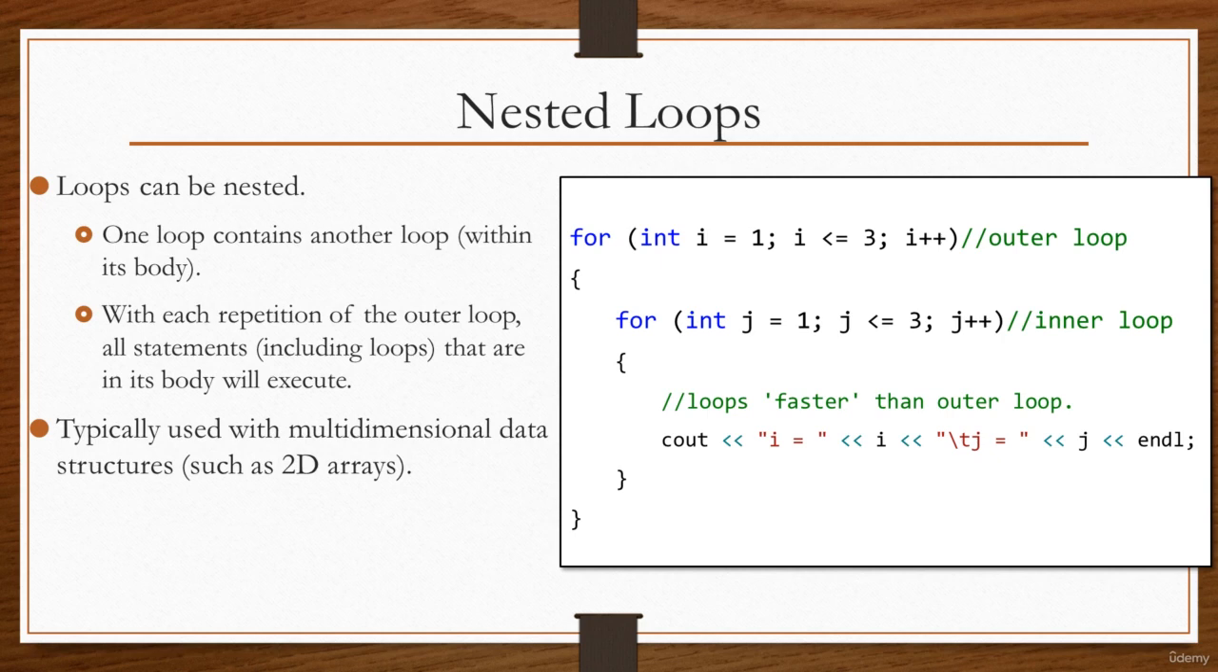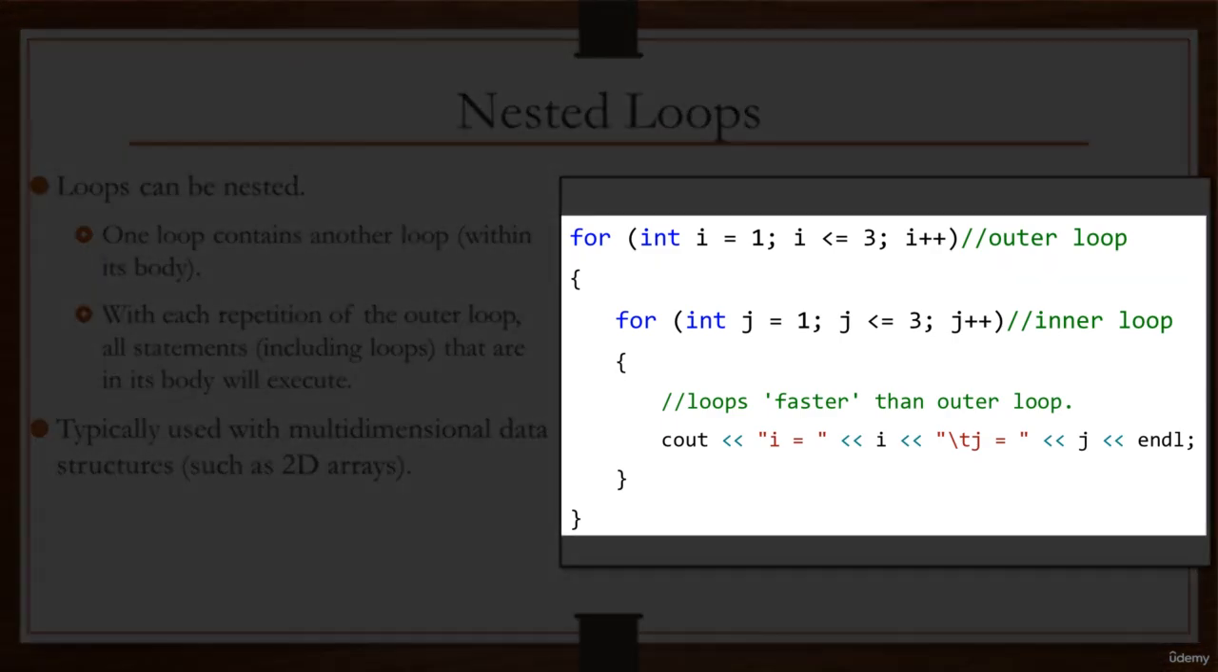So the point is, with each repetition of the outer loop, all statements, including loops, that are in its body will execute. And within that inner loop, the comment says it loops faster than the outer loop. This simply refers to the fact that the inner loop will execute with each repetition of the outer loop until the outer for loop terminates. You can see in the console output an idea of what this will print out. I have the backslash and the T there, which is simply to add some tabs. You can add spaces, but I've used this escape character to give us a single tab